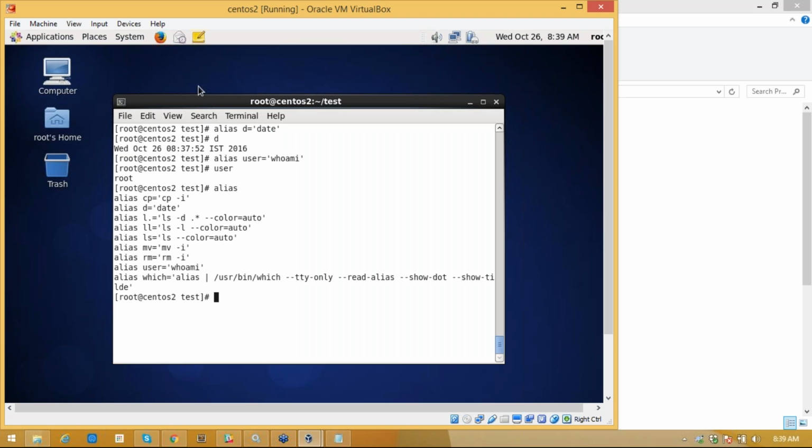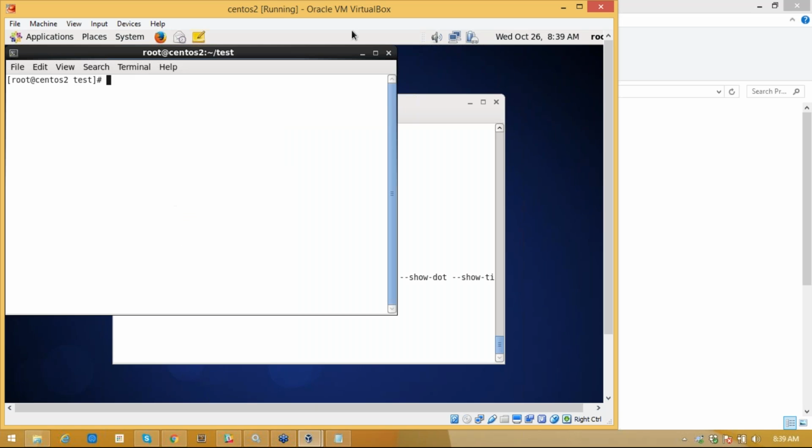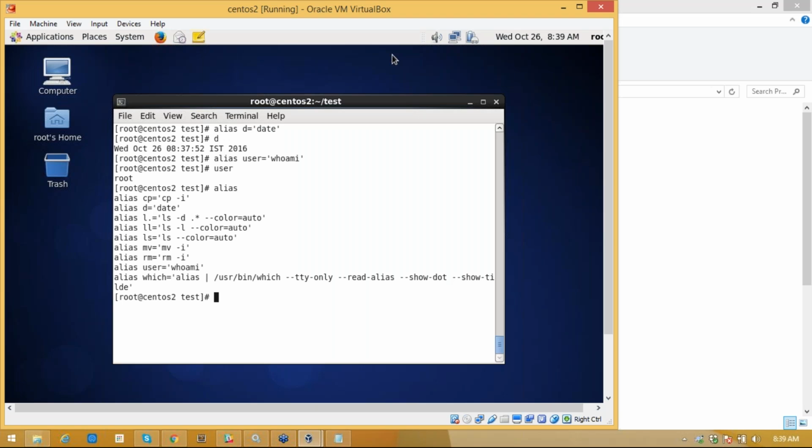You can see that there are some. See, if I say cp, it is directly using a command called cp -i. Sometimes it may not work on your machine. If you want to copy something, every time it will ask you yes or no. I don't want that, I want to copy directly.